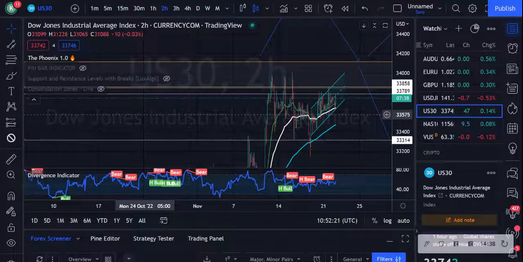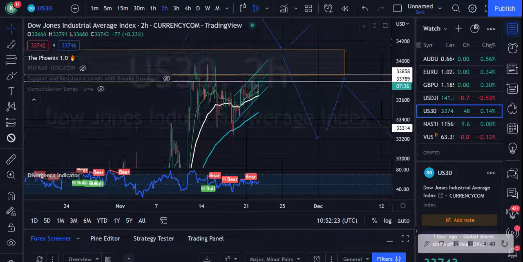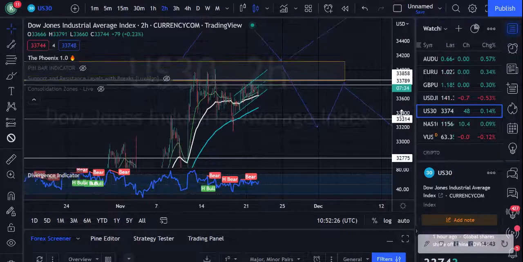So that's my take on US30. Just being patient and waiting for a breakout to happen. Let's just quickly look at